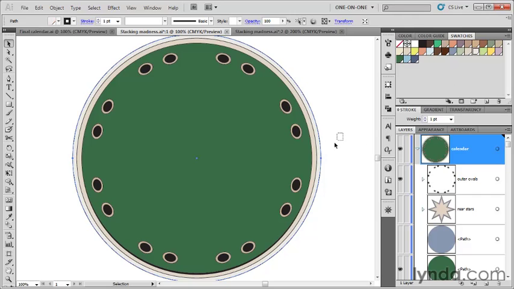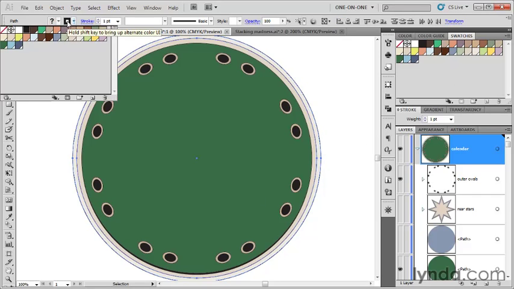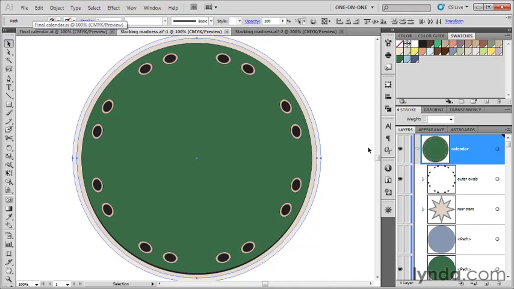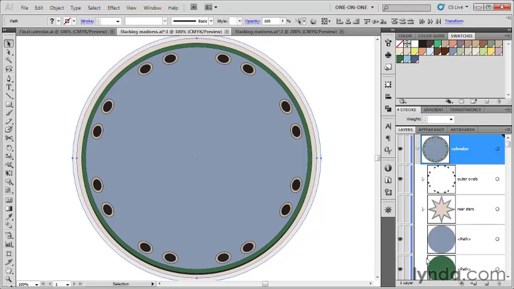And then I'll marquee these two circles to select them, and I'll go up to the control panel right there. I'll click on the stroke icon, and I'll switch it to none so that we have no strokes associated with those outermost circles. Pretty interesting stuff so far. We've really obscured our artwork. What do? Well, I'm going to turn this blue path back on, and I'm going to add to the selection these next shapes,